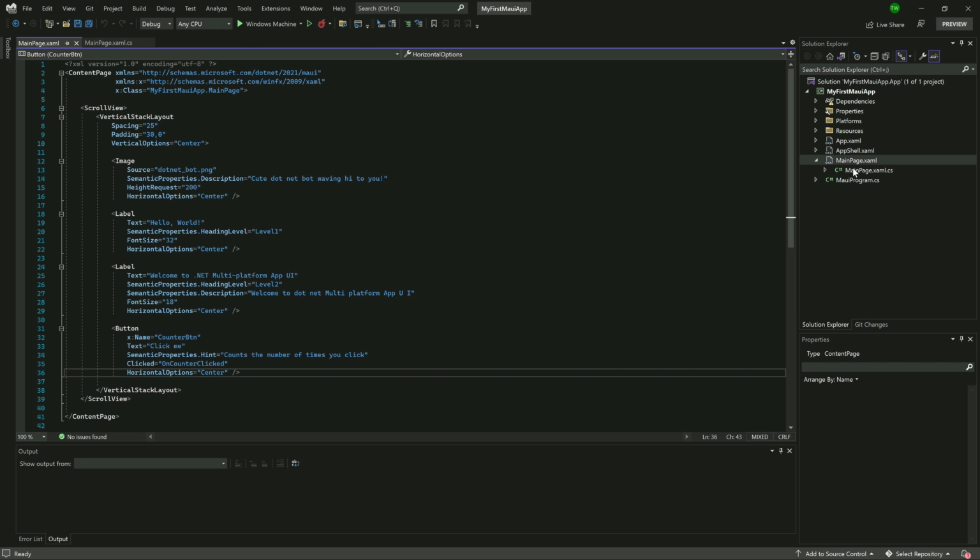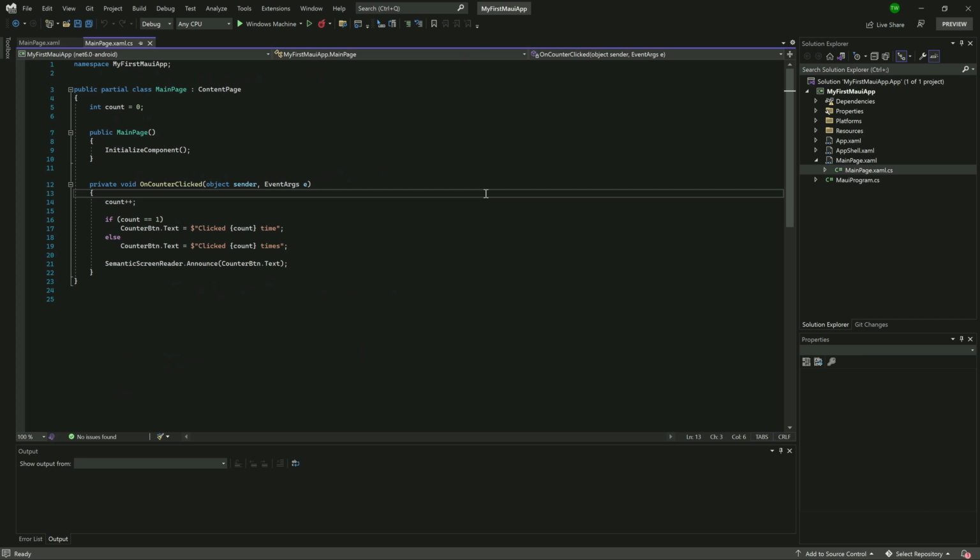Right? Now, for every XAML page, which would really be like a literal page in your app that you will be creating, you're going to have a code behind file. So we have mainpage.xaml, and then we have mainpage.xaml.cs. So in that CS file, one, it is being initialized. So if you've ever worked with WPF or Windows Forms, then that kind of code would look familiar to you, right? So we have our partial class main page, and it's inheriting from another class called content page,